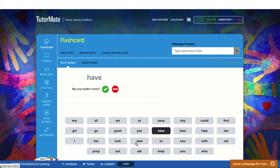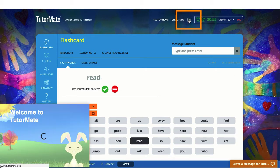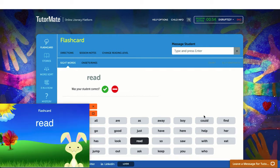To view a representation of the child's screen, click on the icon at the top of the screen and a window will appear which shows you what a child ought to see on their screen. This will help you to direct them if they're unsure of what to do, or if it's unclear they are viewing what you sent. This feature is a guide only and should not replace reaching out to chat support for